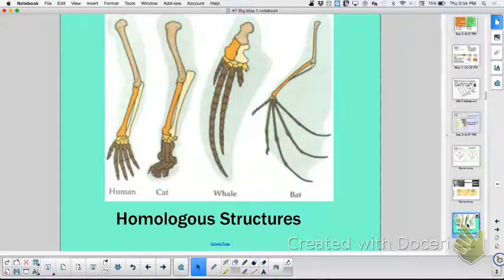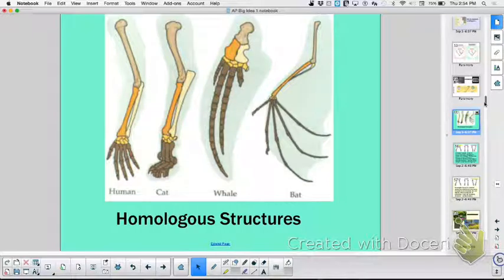Okay, and then homologous structures, again, we're looking at linkage, and we already talked about this as evidence for evolution, right? The similarity in anatomy, and even though every single one of these is used for different what? Purposes, right? What do we talk about when we're talking about the functions? Analogous structures. Are any of these structures analogous? Homologous is same anatomy. They may or may not have a different function.